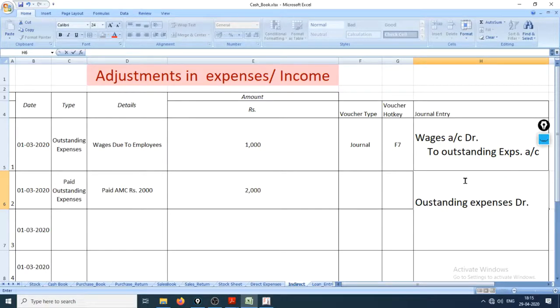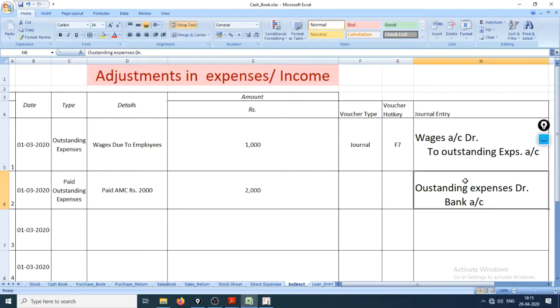Cash goes out, and if we are paying it via bank, then bank is the giver, hence bank should be credited. Bank account credit, that is, to bank account. So this is the correct entry right here.